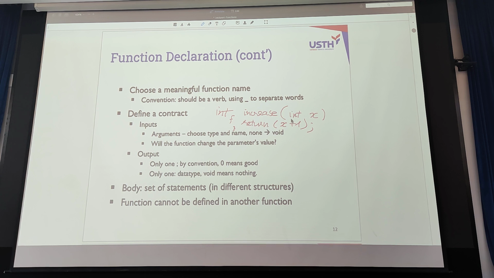Now, let's say I initialize that x is 5.